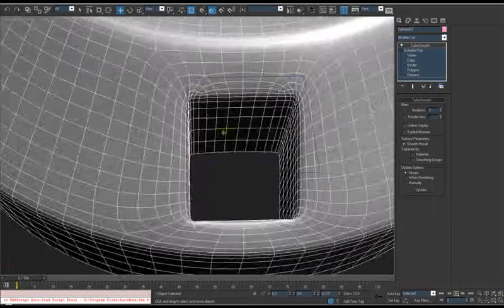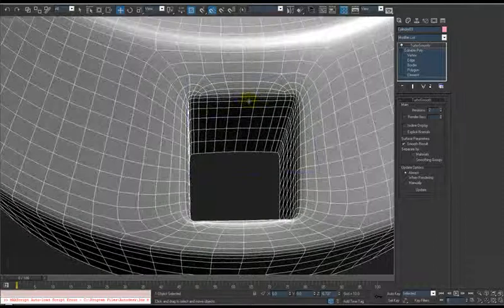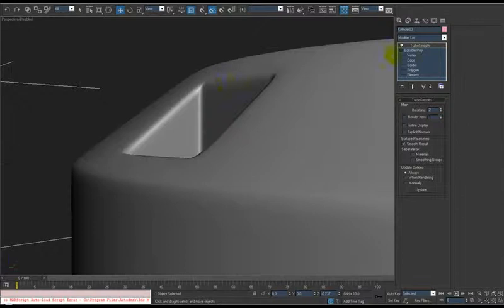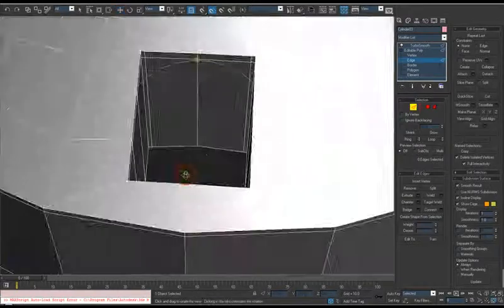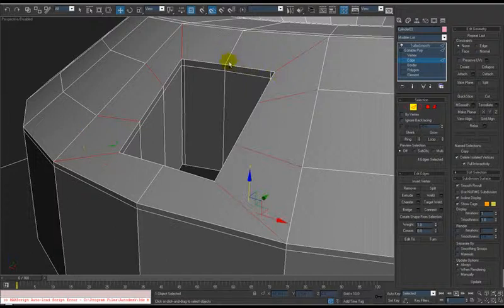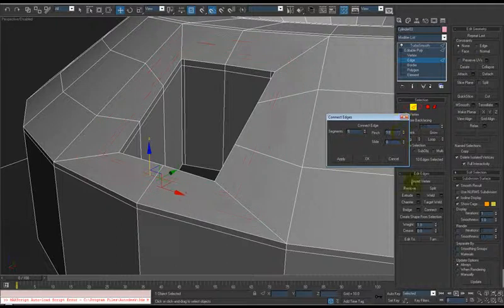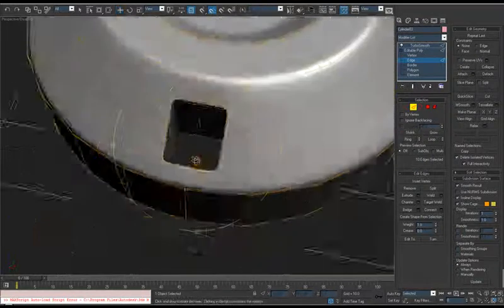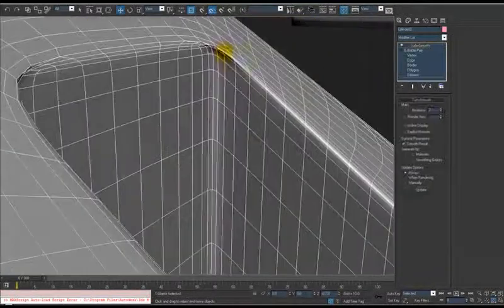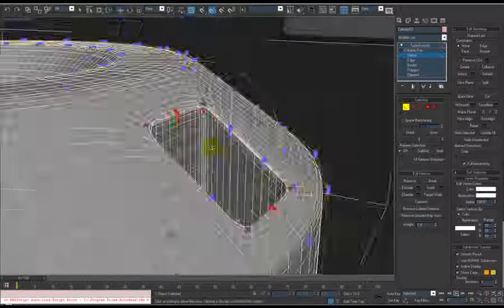Okay, so you've got the edge here and it looks like it's creating a little bit of a weird pinch around the side, so to fix that we'll need to connect a little ring around the outside face and slide that in. And now it's creating just this weird little pinch. So to get rid of that,